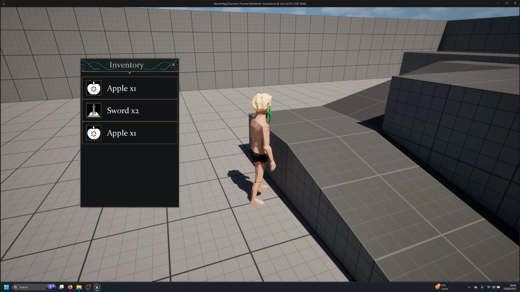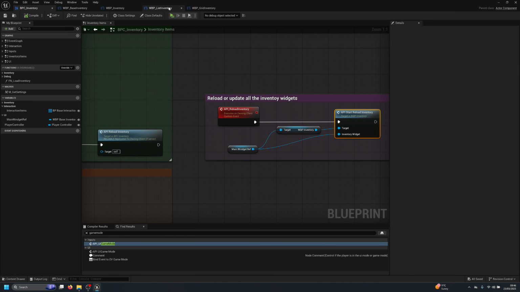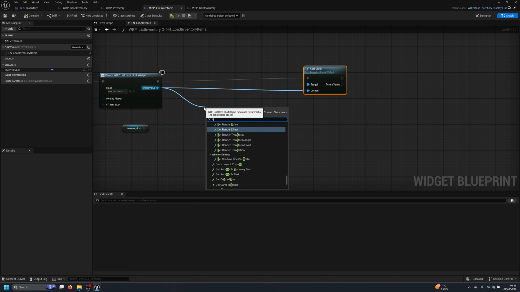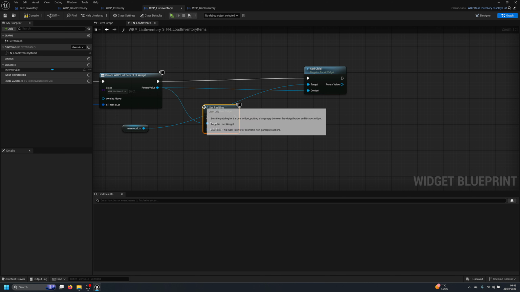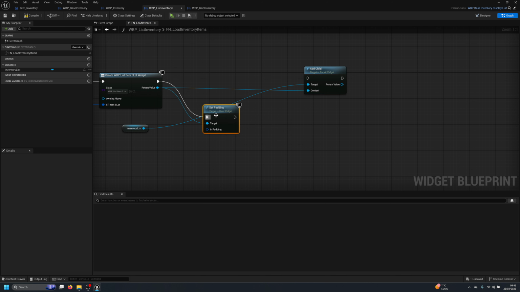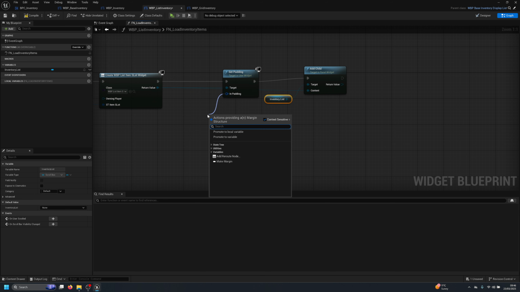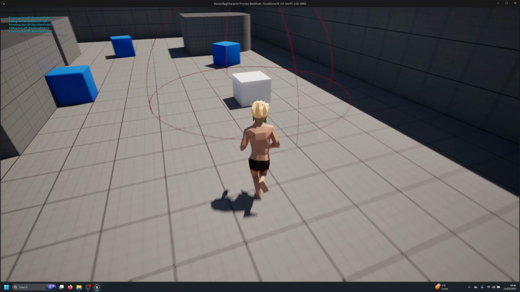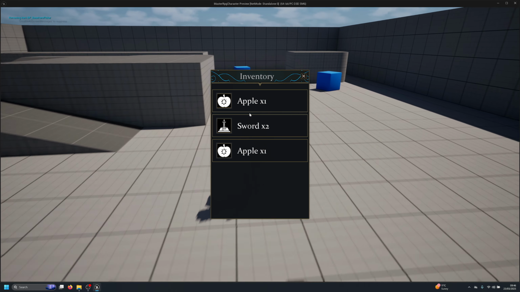One last thing is that when I add items here, I just would like to make a little bit of a space. So I'm just gonna go back to my inventory list, and I'm just gonna add here, I think I can do padding, set padding or something. And the padding that I would like to do here, just gonna put right here, is I want to make, right, of course, a margin. From the top, I would like to add maybe 5, from the bottom 5, just so we have a nice display of grid here. You see, just a little bit